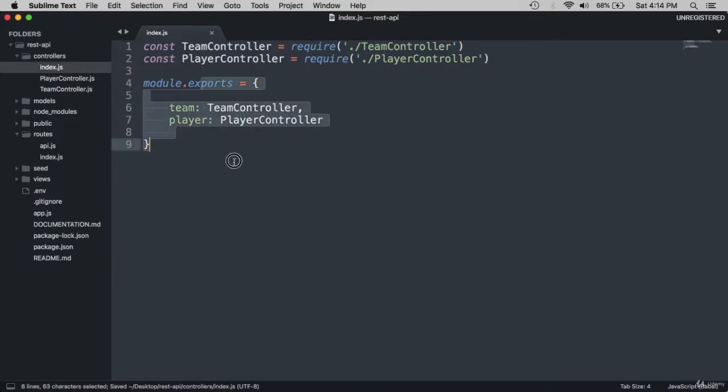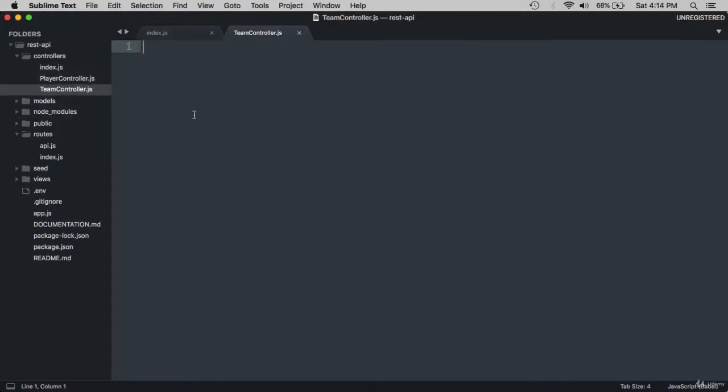Okay, so here we simply have an export command, which will export each controller by these keys. So this is a simple way to export multiple files rather than doing it one at a time. So let's head over to our team controller first, and inside here we need to import the team from the models directory,